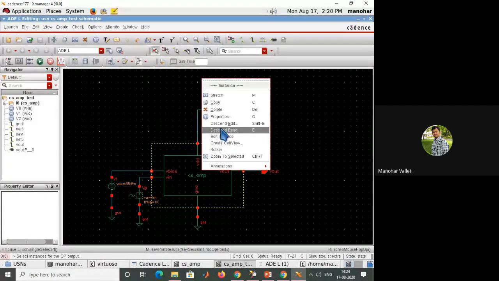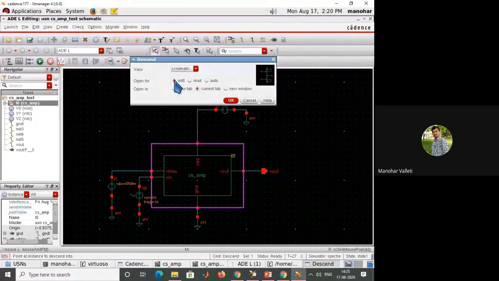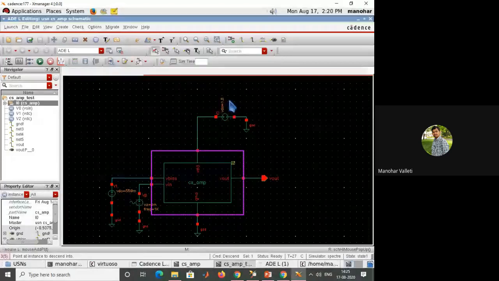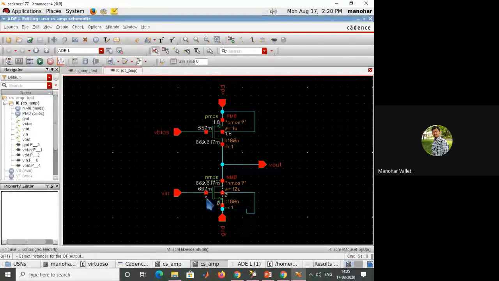Decent read or decent edit, anything is fine. Last edit and a new tab, click OK. So if you click on the particular transistor, the values related to VGS, VDS, threshold voltage, and all the parameters related to this NMOS will be shown.